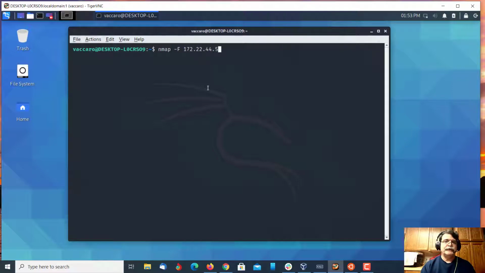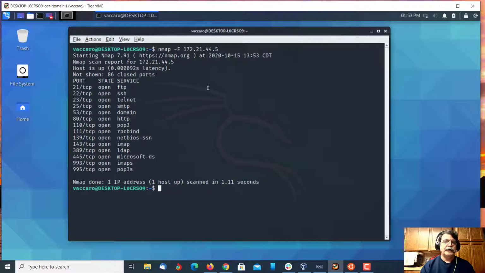So this will only give me the top 100 ports. And notice compared to the other scan, it missed port 5000, whatever that was on the end. It only took 100 popular ports it knew of. Okay. So the way you use the tool is, depending on the options you give it, it can vary your output quite a bit. So the important part of the lesson is to learn when you're scanning something